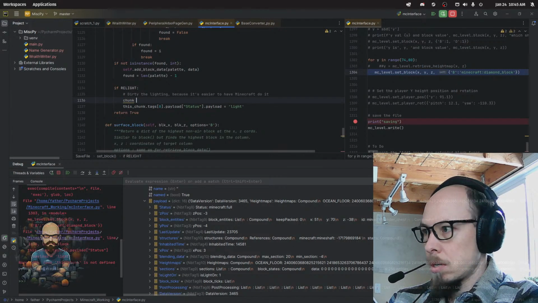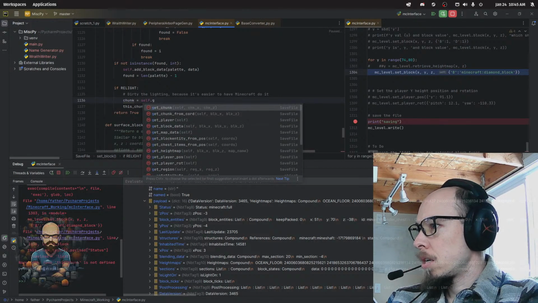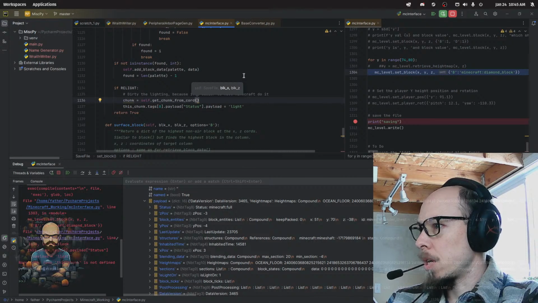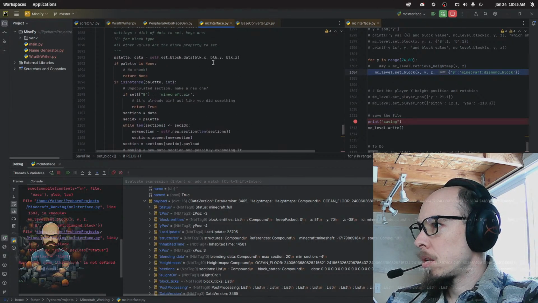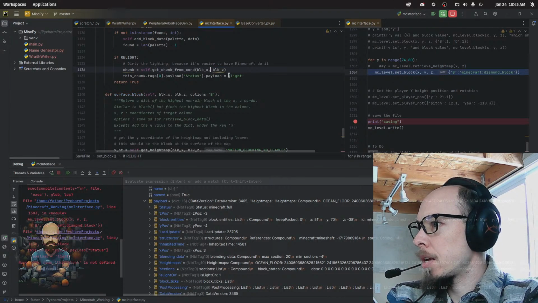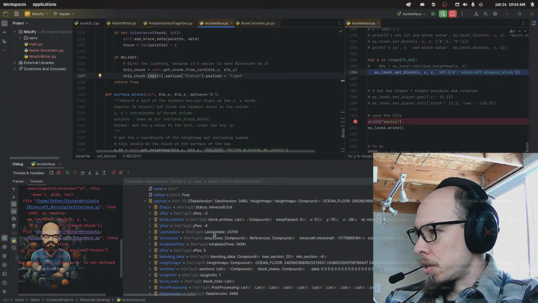Chunk equals self dot get chunk from coordinate of this. Don't need the Y. Block X, block Z. This chunk. Okay, so this chunk dot tags 0